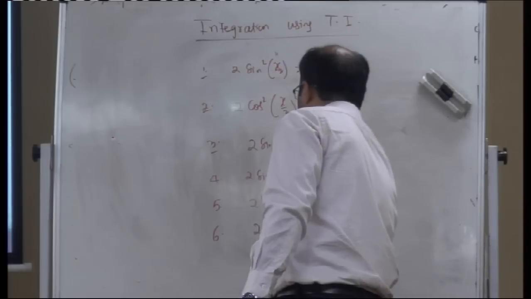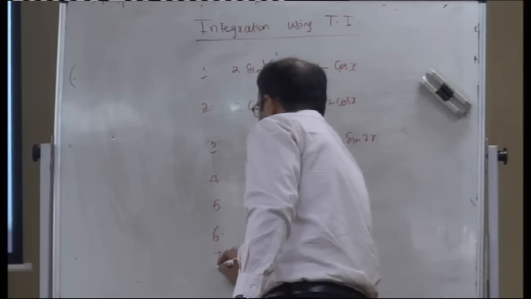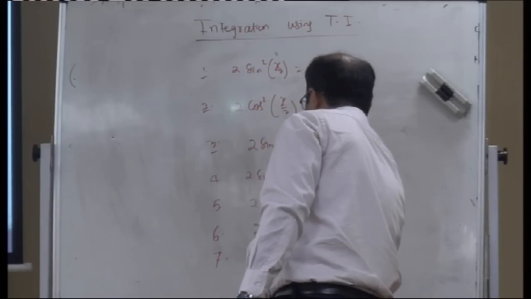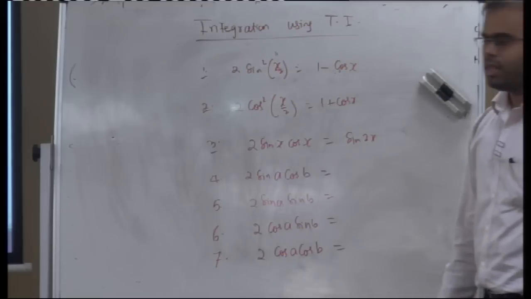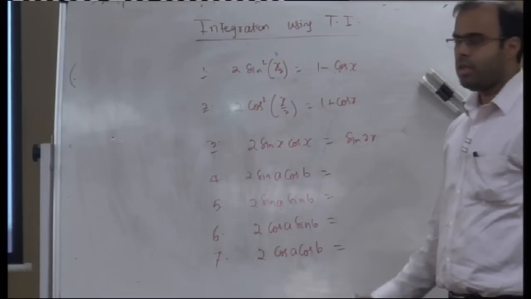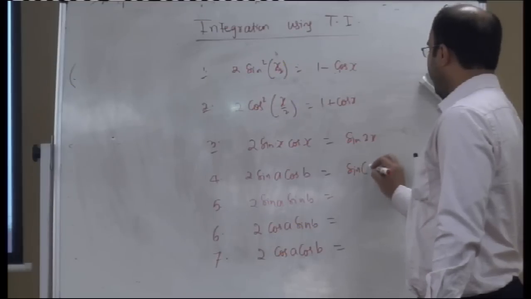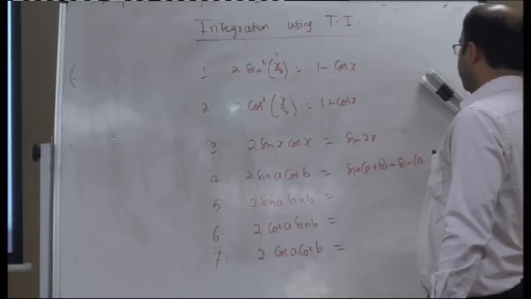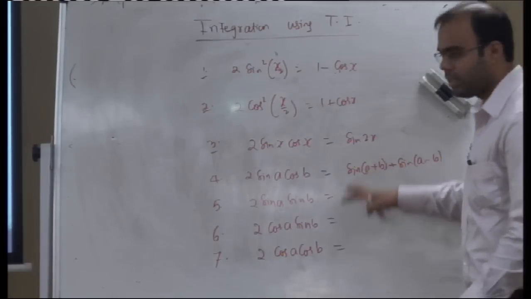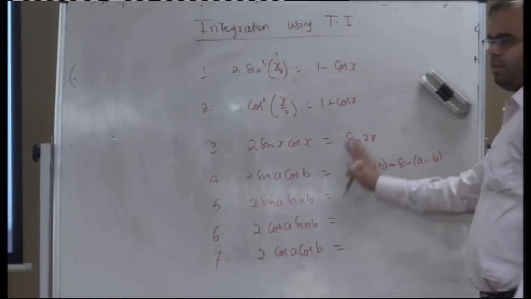2 cos a sin b can also be used, and lastly 2 cos a cos b can also be used. The reason for using these identities is that there are products. What we do by applying the identity is we write it as sine of a plus b plus sine of a minus b. In that case integration is quite easy, because now